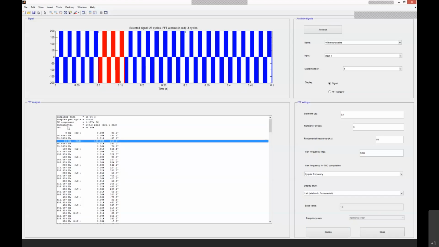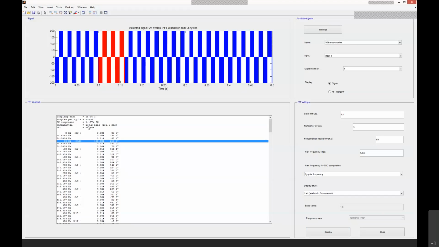So here you can see this fundamental, right? If you zoom this one, the sampling time is 20,000 samples per second, right? So the DC component is something like 1.137 times e to the power minus 6, that is almost zero. The fundamental component is showing 173.2, that is the peak value. Its RMS value is also showing 122.5, right? So 122.5 RMS value. Clear?